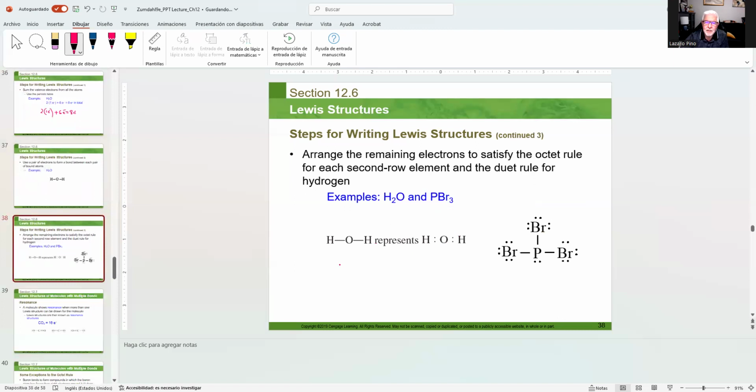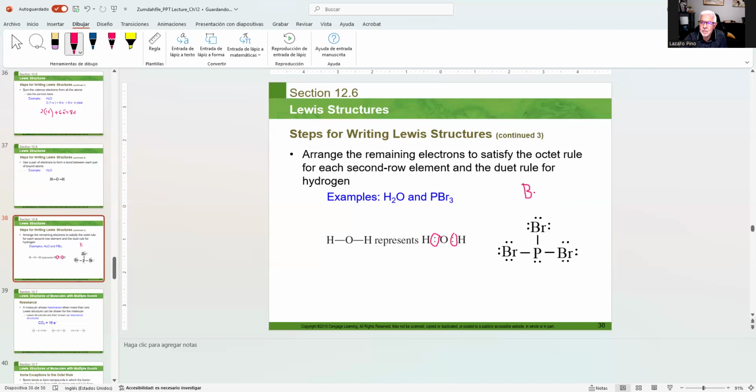Well, you represent the bonds using a line between 2 atoms. This line represents 2 electrons each. Here you have, for example, in the case of this compound,